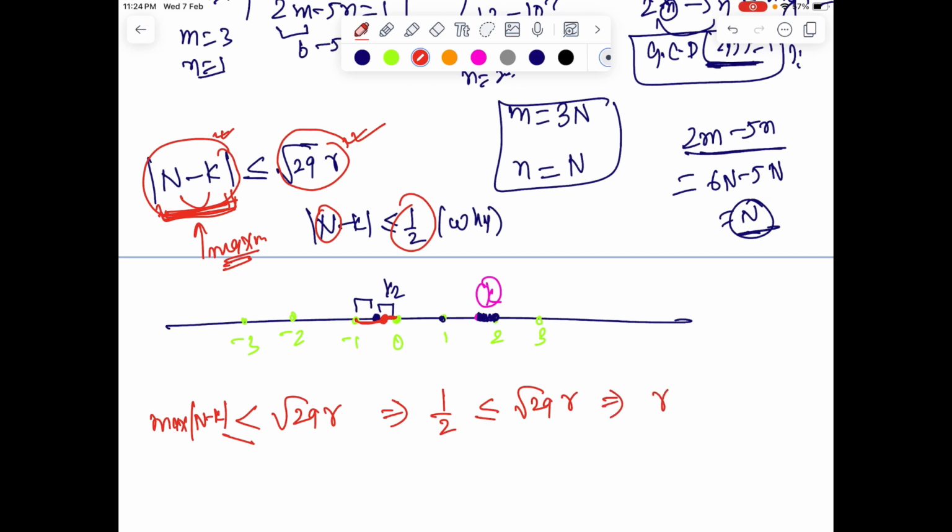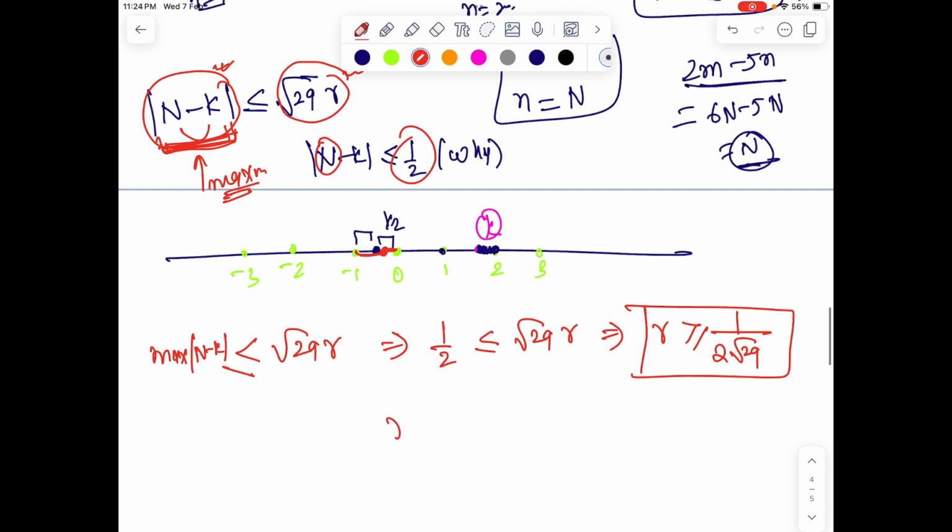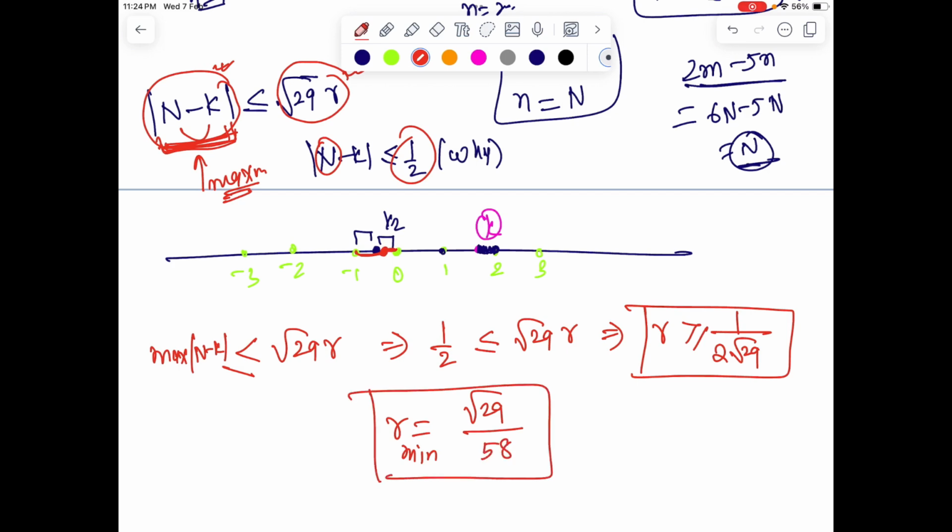It's half from this expression, when exactly you are in the middle. That will be root 29r. This implies r is more than or equal to 1 by 2 root 29. So it shows r is more than or equal to this, which gives the value of r min as root 29 by